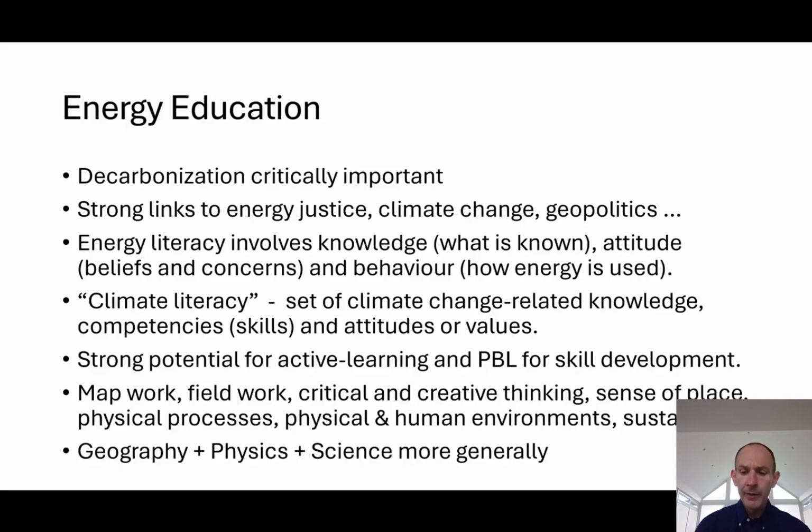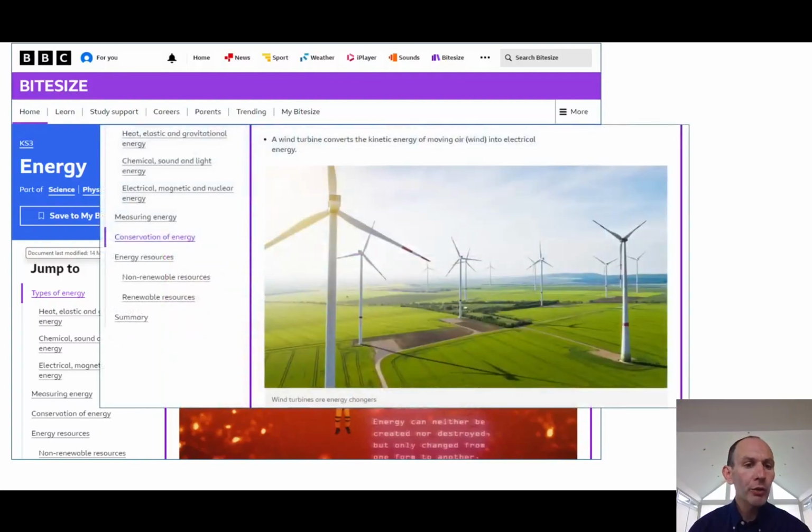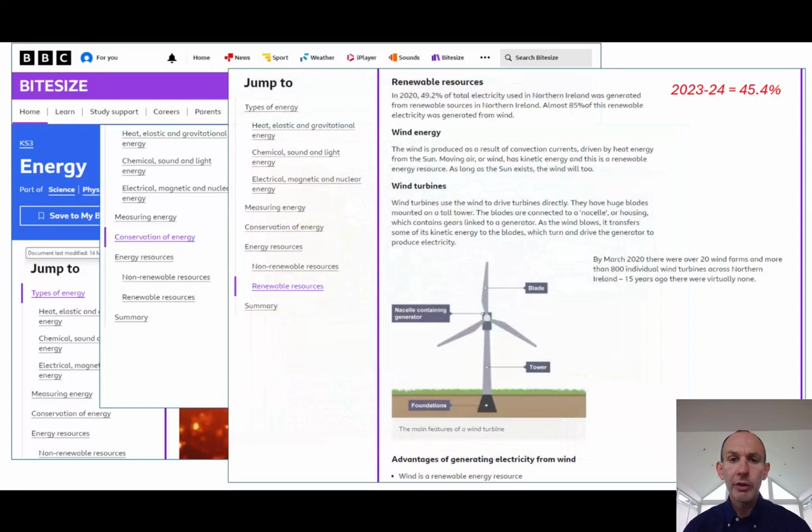in science more generally. So just to give an overview of that, this is the science agenda on the BBC Bitesize website, and it shows science, physics and conservation of energy. And we can look then as well at conservation in terms of wind turbine. As energy goes through kinetic, it produces energy that can be used in homes. And we can also then look at renewable sources of wind or solar or tidal or whatever. So renewable energy is very strongly in place in the science curriculum at Key Stage 3, but it shouldn't just